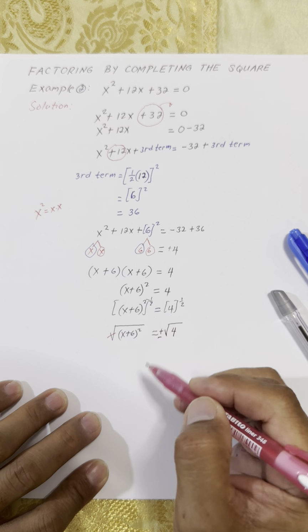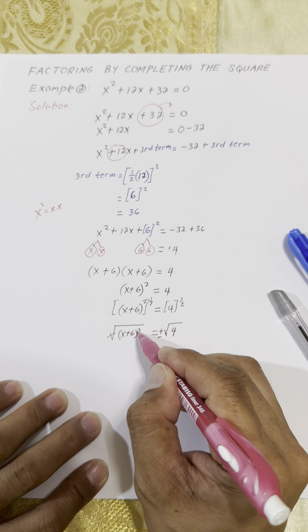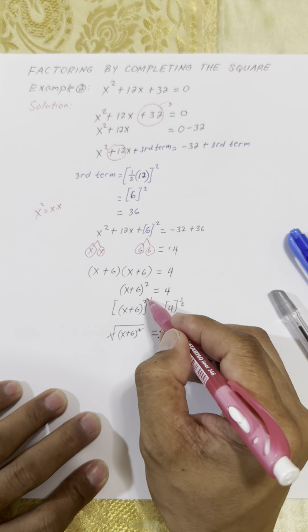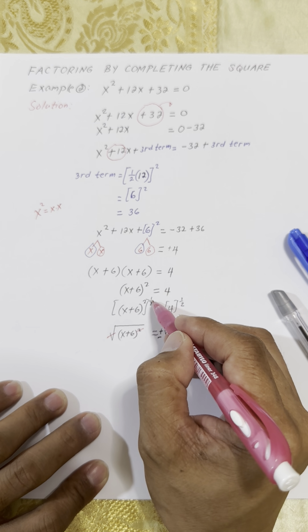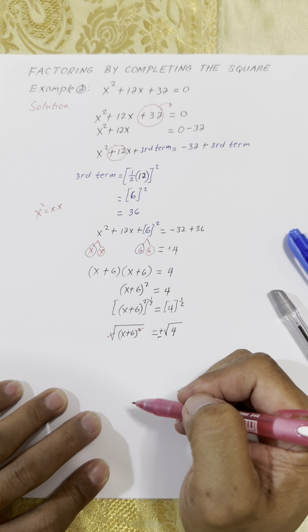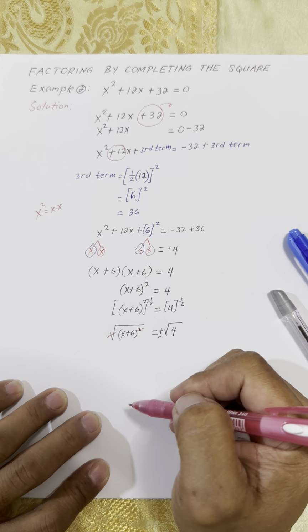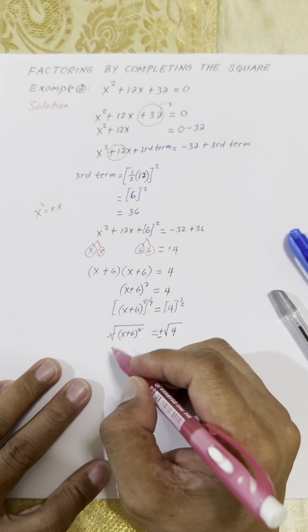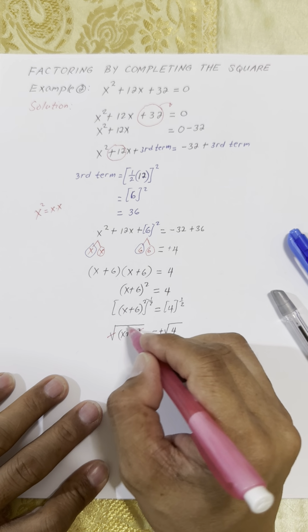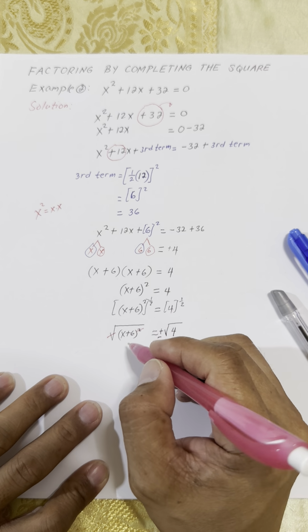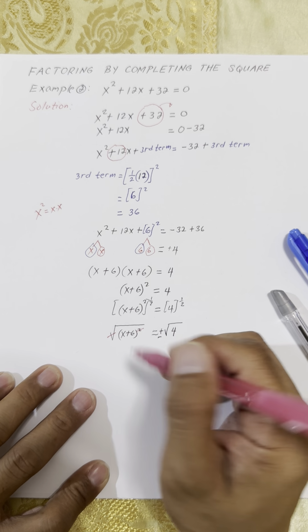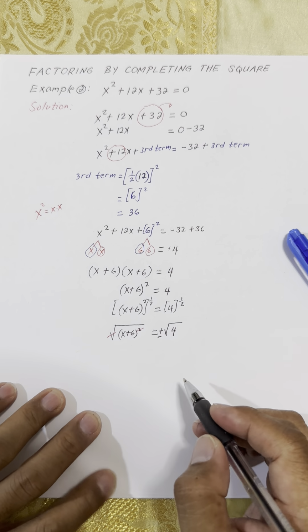We have here the root, which is equal to 2. The power here is 2, so that cancels out. Or you can do it here: 2 times 1/2 is 1. So that becomes x + 6. I'm just using the radical to give you an idea of how this symbol can be used in solving equations.